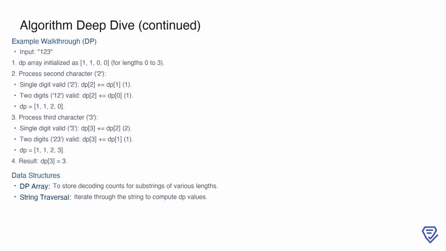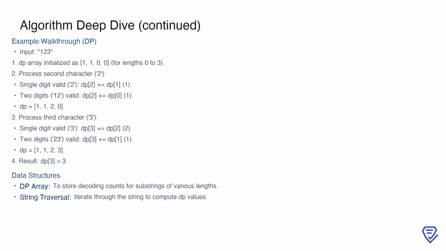Let's apply the dynamic programming approach to the example 123. We start by initializing a DP array as [1, 1, 0, 0], where the first two values represent the base cases. Then, we process the second character 2. Since 2 is a valid single digit, we add DP[1] to DP[2], resulting in DP[2] equals 1. Additionally, 12 is a valid two-digit number, so we add DP[0] to DP[2], resulting in DP[2] equals